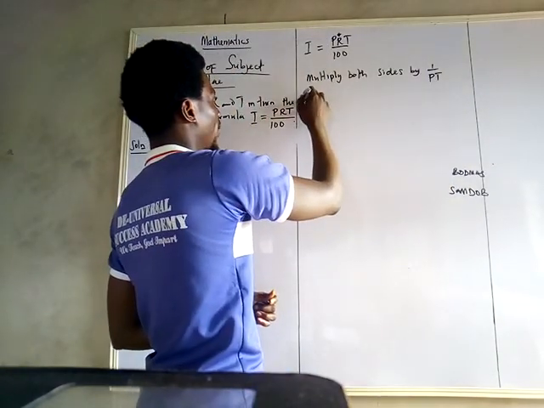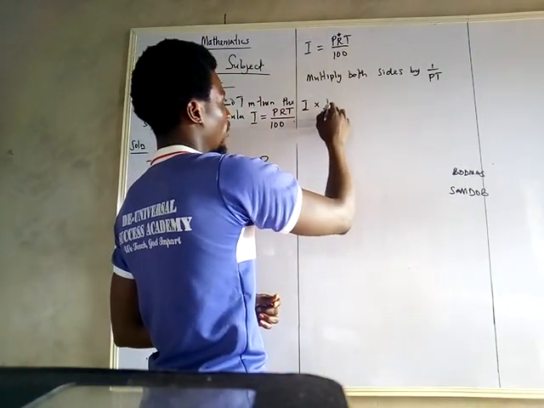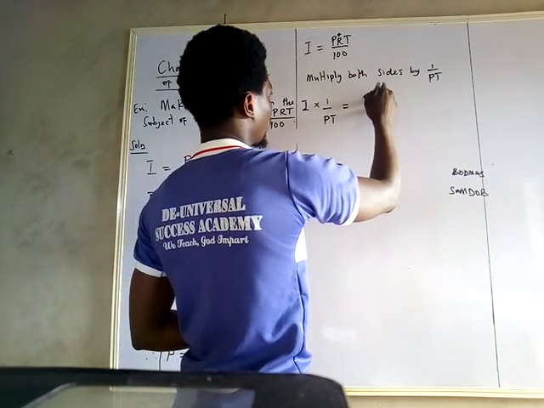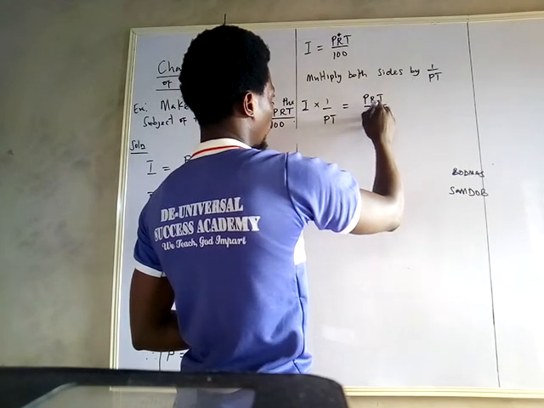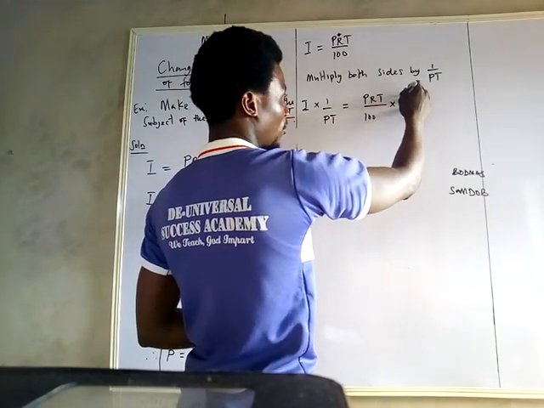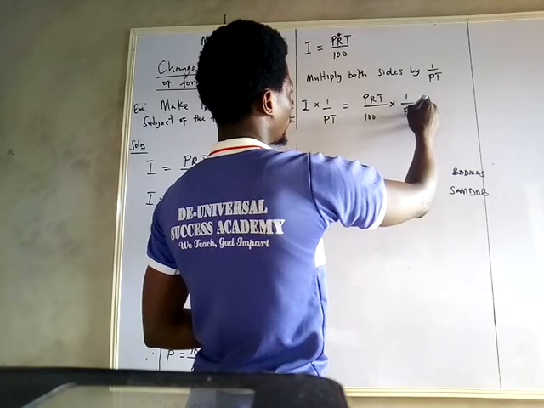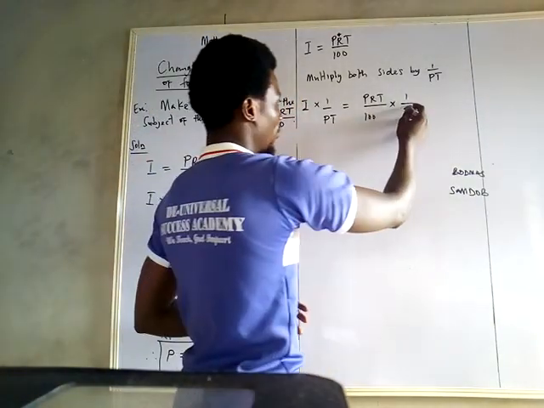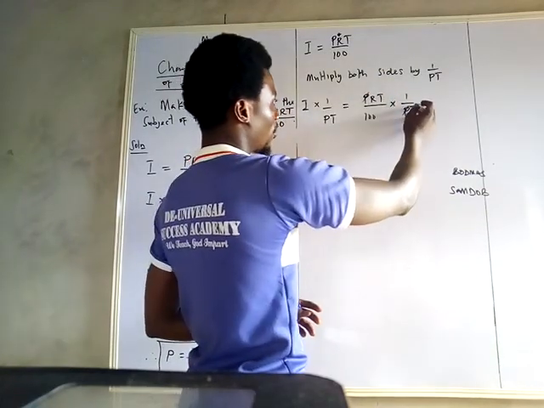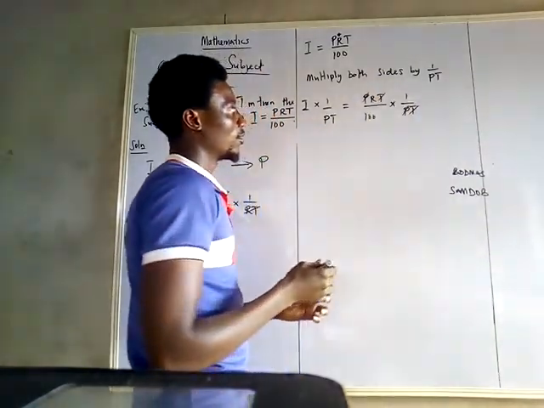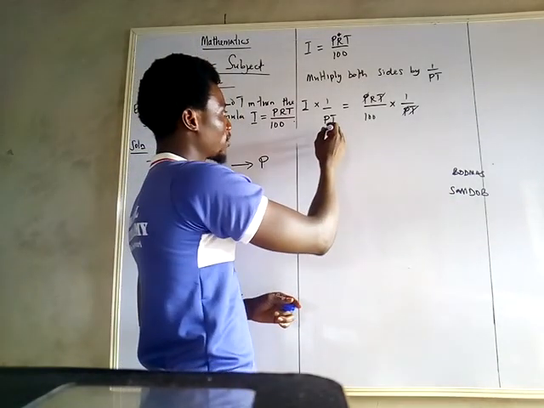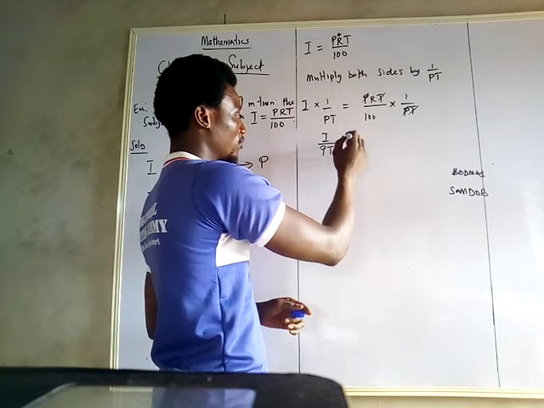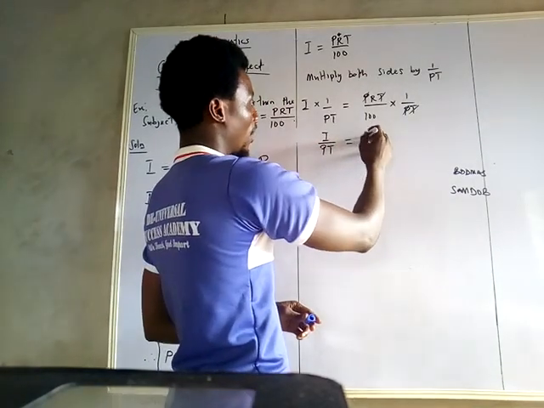So you have I times 1 over PT to be equal to PRT divided by 100 times 1 all over PT. Now, in this case, P can cancel P, so also T is gone for T. So what we have left is I divided by PT equal to R